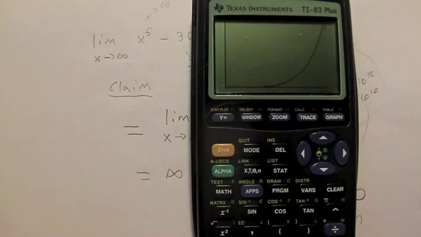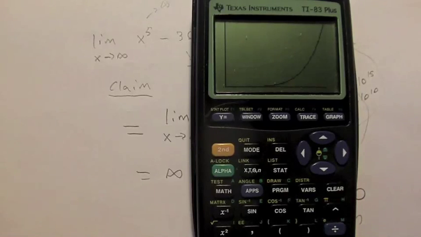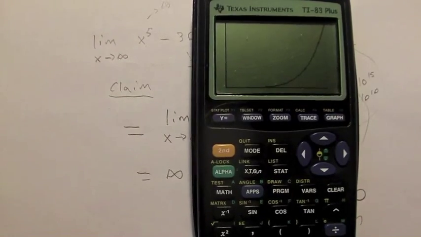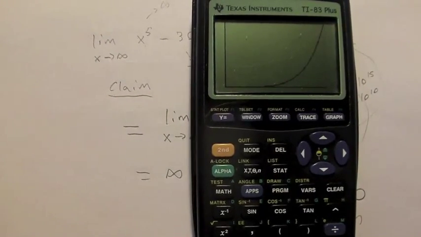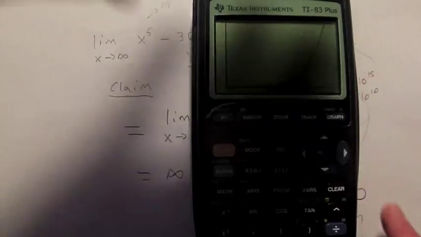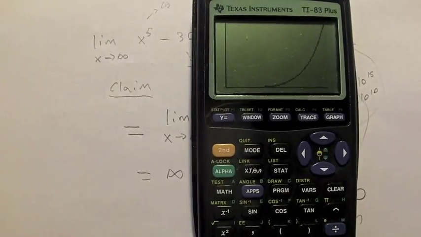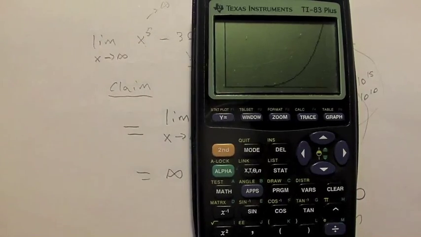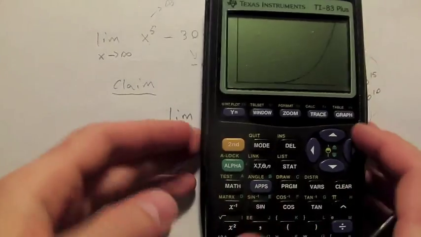Here's x to the 5th, and now it's graphing the second function, and I can't tell a difference at all. As you can see, eventually, as x got to about 100, these two functions are really close together. And remember, the limits are all about things being really close together. So as we saw graphically,